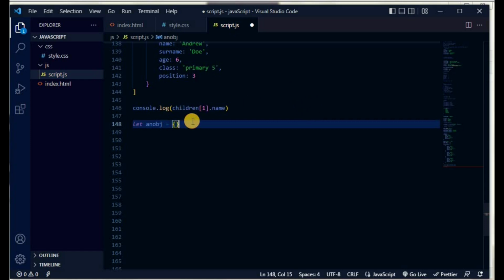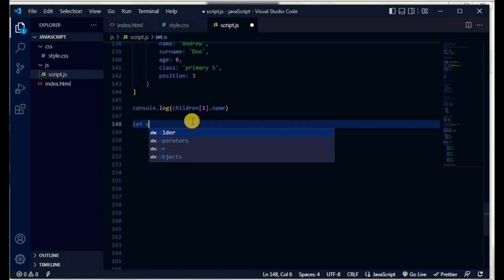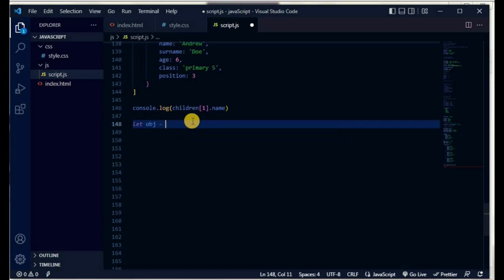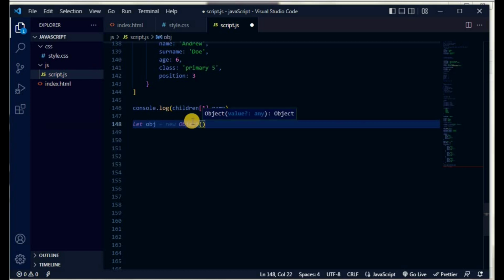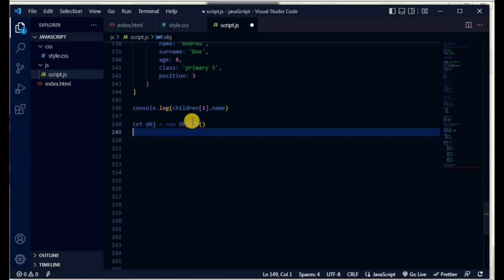We can also create an object using the new keyword, like we did with arrays. If you follow the array class, new Object, and like this we've created an object. And if we want to populate it just like we did with an array, you could just simply come here and say object